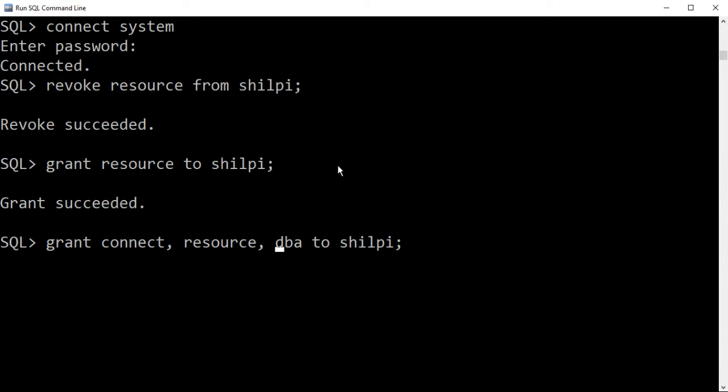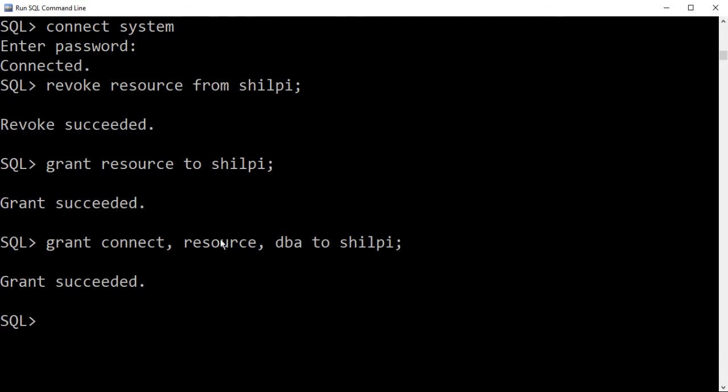And third is DBA. Or you can provide the permissions one by one, or you can use this command to grant all the permissions at the same time if you feel like. So grant connect, resource, DBA to Shilpi.